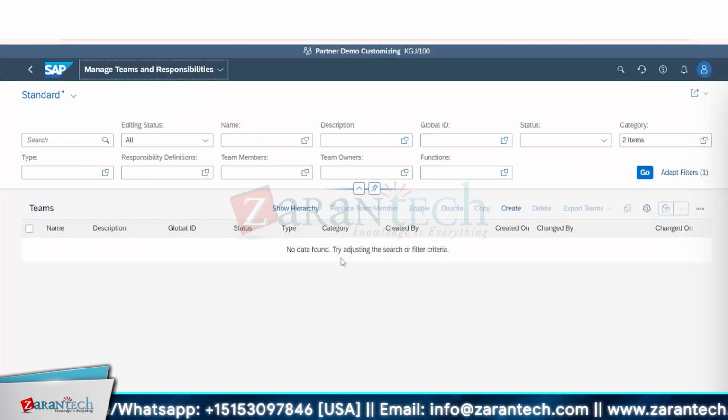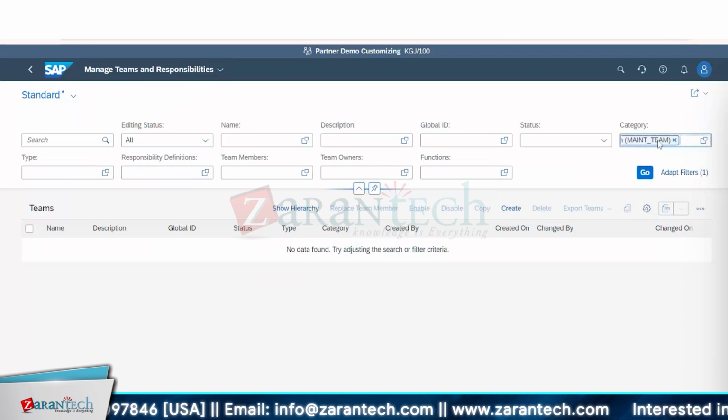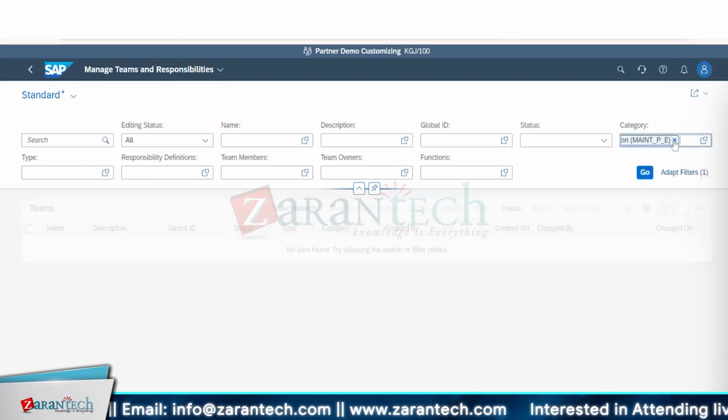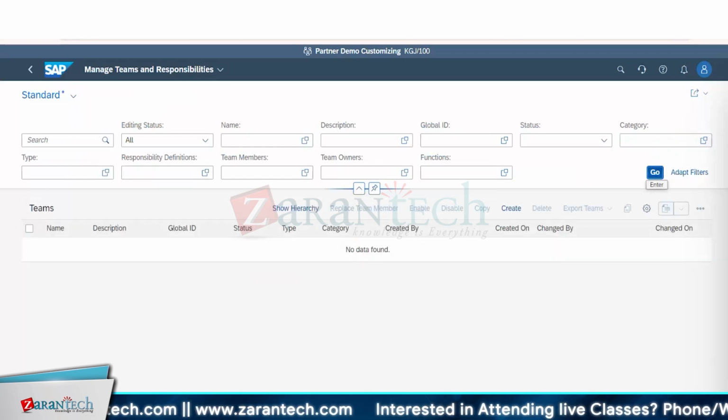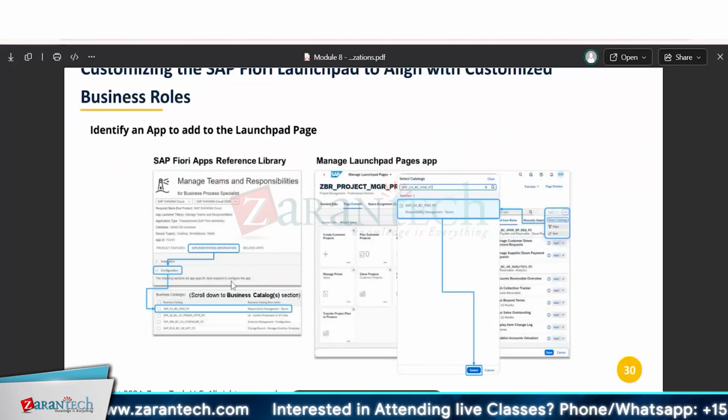Oh, for our scenario category, I will remove two items. I don't know who selected this, I will just remove it. We might get some team. We don't have any team, so I cannot take you to this particular screen where I can do the implementation